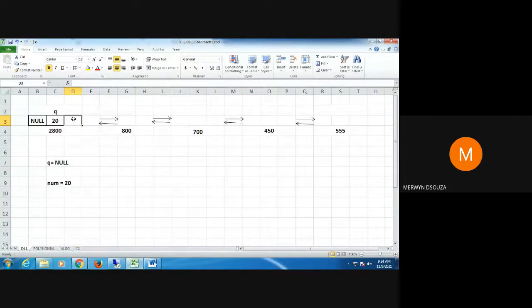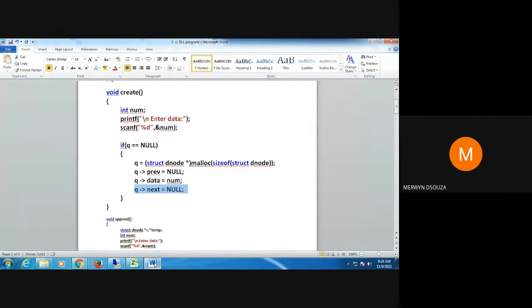So this q arrow next also will be equal to null. Therefore, now we have already created our first node, which presently is also the last node in your doubly linked list. Therefore, the previous part of the node and the next part of the node have null value. So this is how we create a first node.